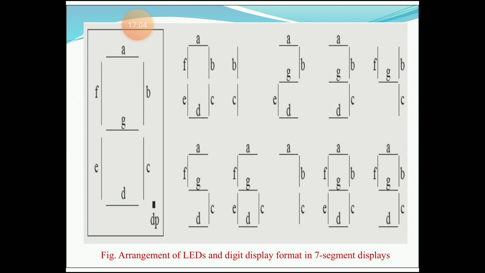So depending upon the type of display device used, either common anode display or common cathode display, the segment requires either logic 0 or logic 1 to illuminate a particular segment. So you want to send logic 0 or logic 1 to the group of segments. These segments combined will be on and it will display the corresponding BCD number.